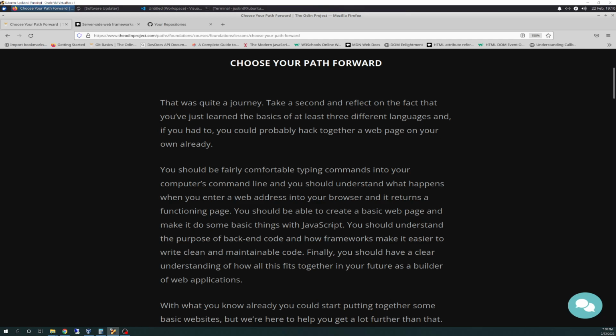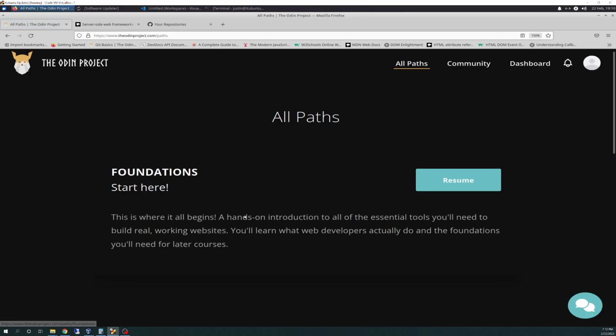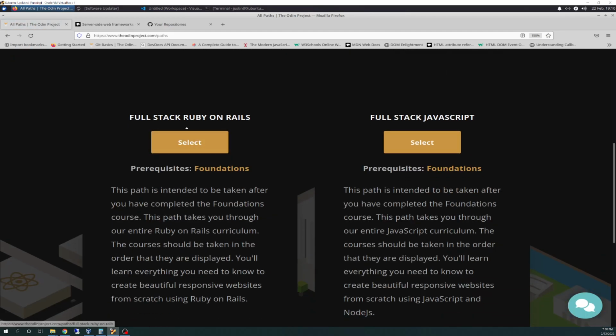Here's where you take the fork in the road: if you want to do full stack Ruby, hit that button, and don't deviate. Don't go back 3 months later and do full stack JavaScript when you're not done with Ruby. Take it home. Or if you want to start with JavaScript, do full stack JavaScript and learn Node.js and Express. And if you want Ruby and Ruby on Rails, go this route, but don't bounce back and forth.